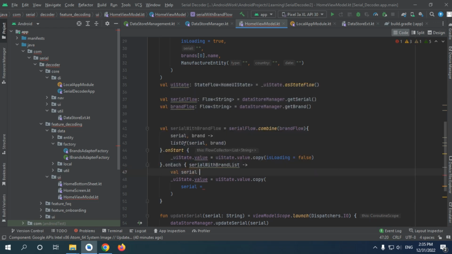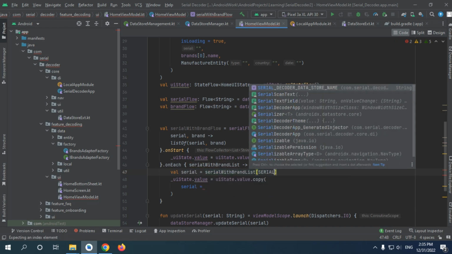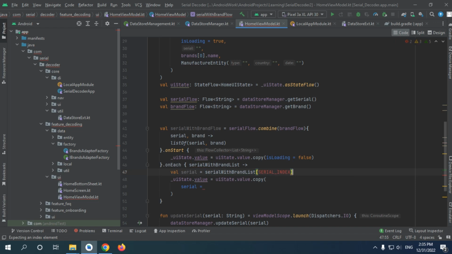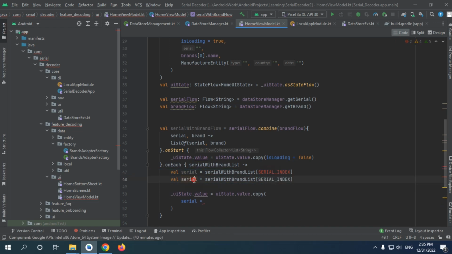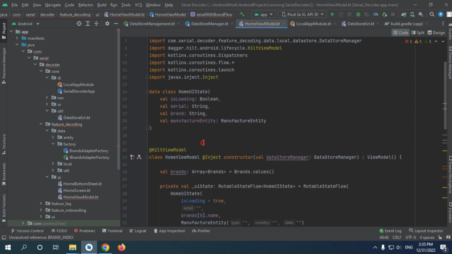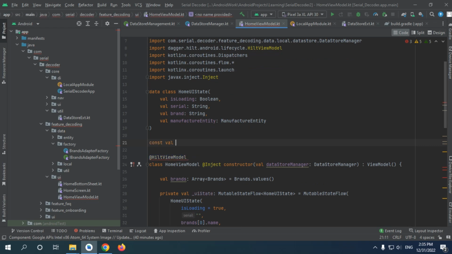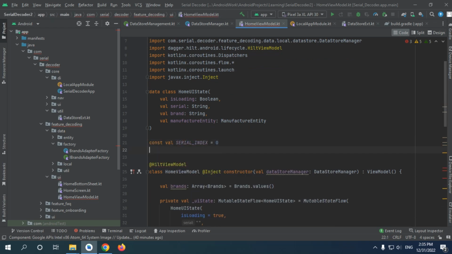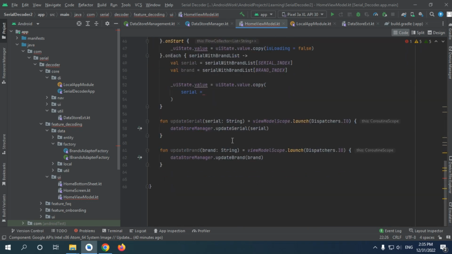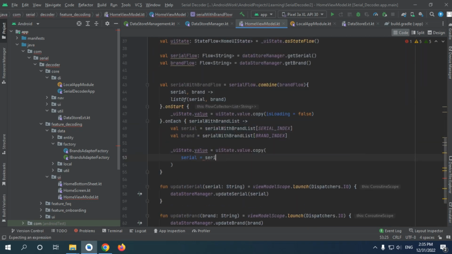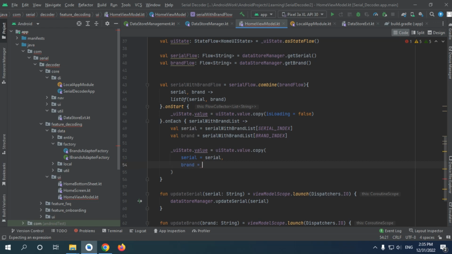and for the serial I'm just gonna use serial with brand list of type serial index, which is gonna be 0, and we're also gonna make for the brand a brand index. So I will make this new index 0, and for the brand serial it's gonna be 1. And now we're just gonna pass the serial, and we're gonna pass the brand,